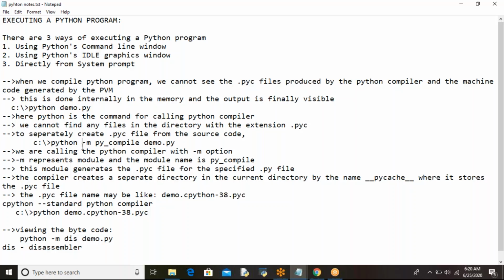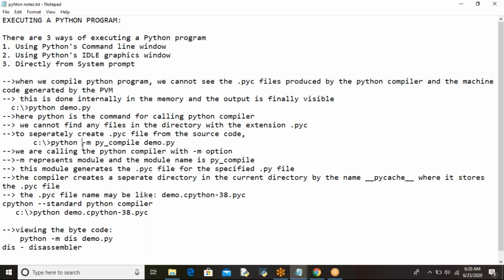In Java, when you compile a Java program, say demo.java, using the javac command, in the folder where you saved your Java source code you can see the demo.class file after compilation. That .class file is taken by the Java virtual machine, which converts it into machine understandable format, and finally you get the output. So in Java, two files are formed: one is the .java file, another is the .class file.